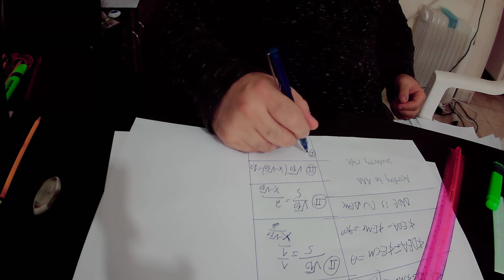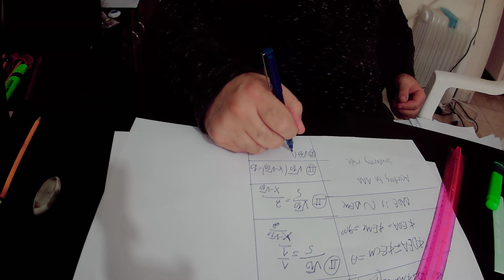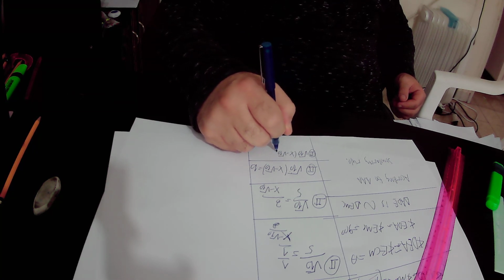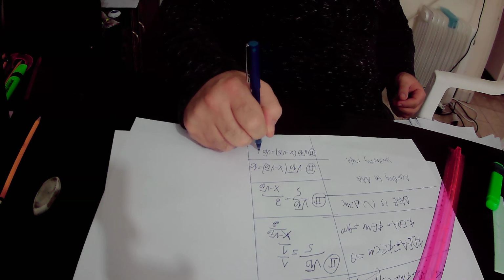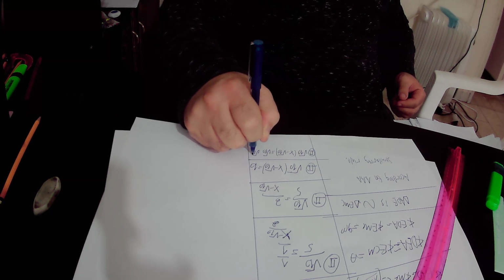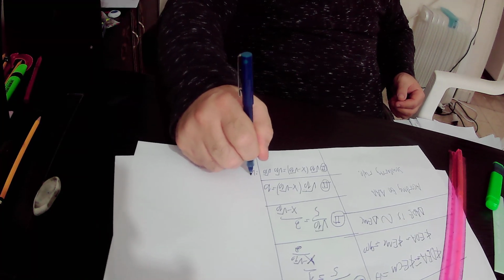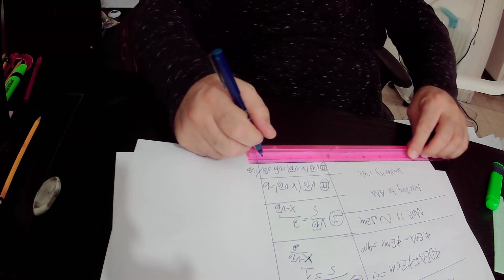square root of 10 times x minus square root of 10 equals square root of 10 times square root of 10. Here we divide this equation number 2 by square root of 10, and we get that according to equation number 2,